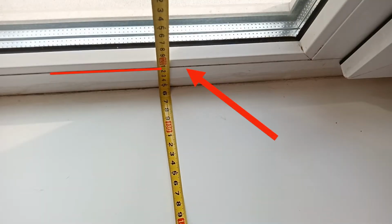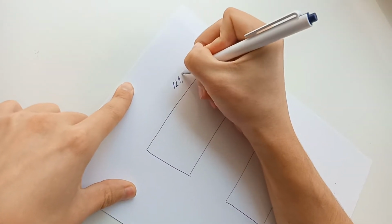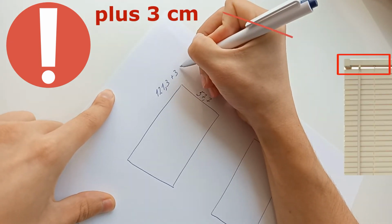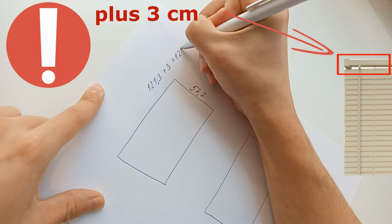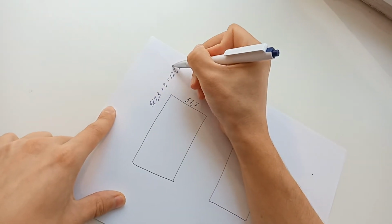We measure and we record the height. It is 121 centimeters 3 millimeters. And to this height we add 3 centimeters for attaching the brackets and the cornice to the window frame. So add 3 centimeters, and the total is